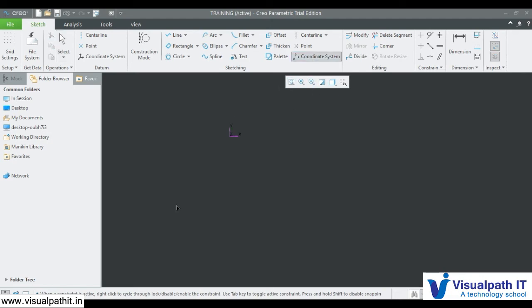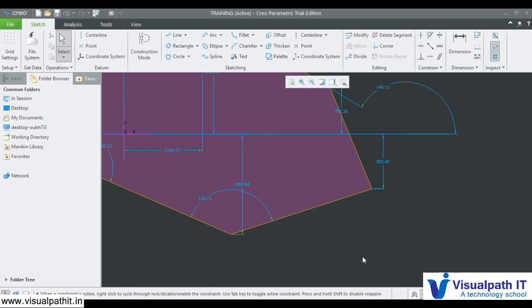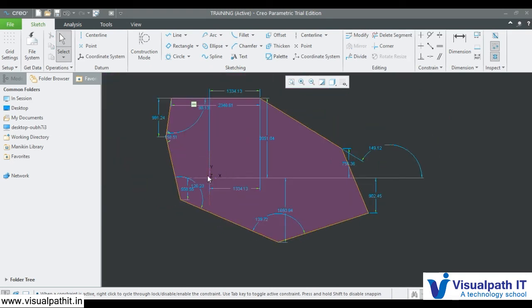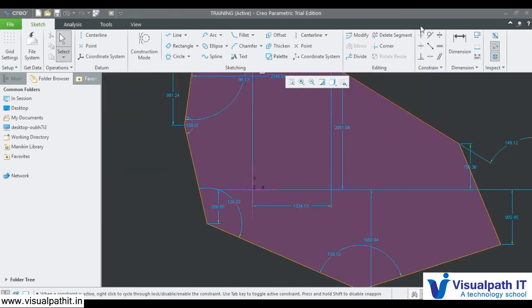Coordinate system. Let's say I am creating a design and this is the center of my design. So this is my coordinate system, and I want to dimension. So this is the center I want to take, and I want to dimension all my things from here. See, automatically it showed the dimension.